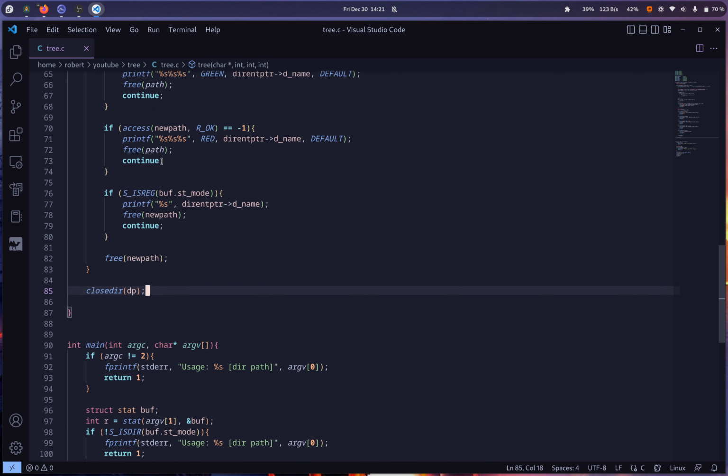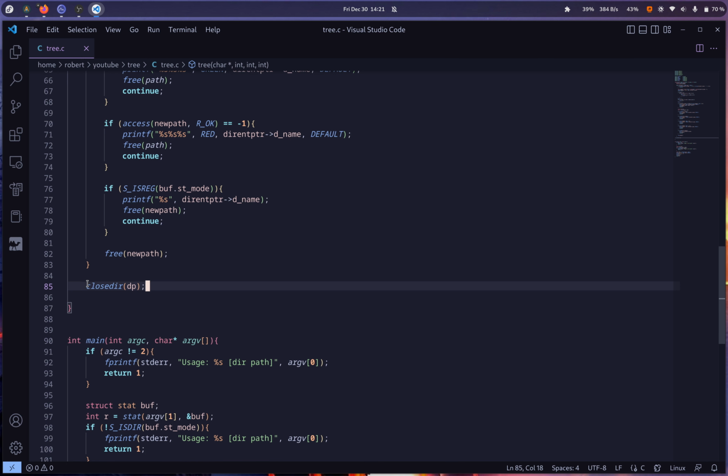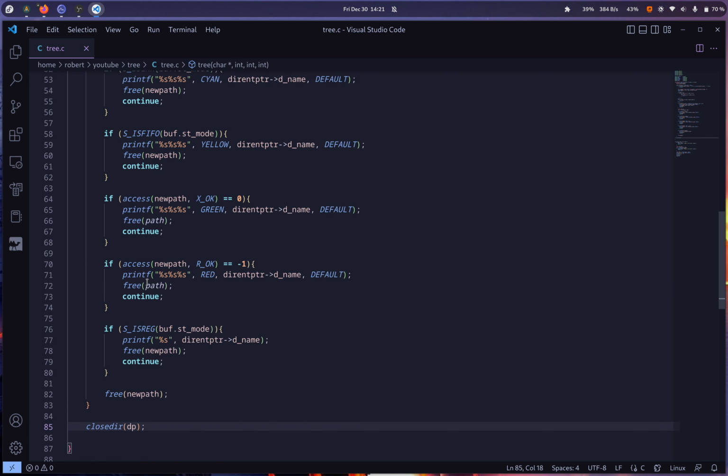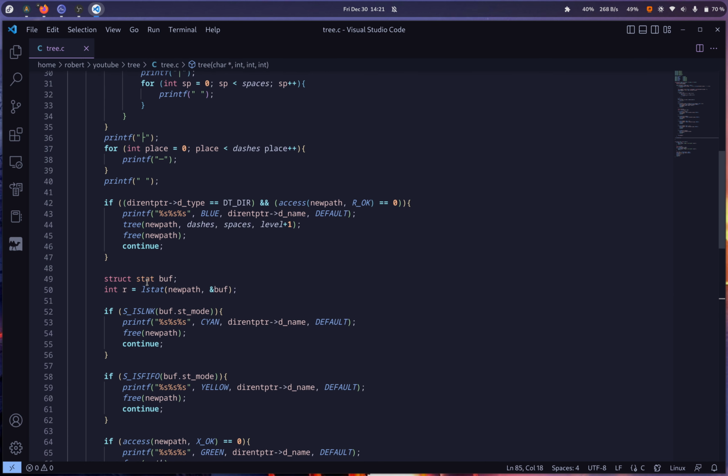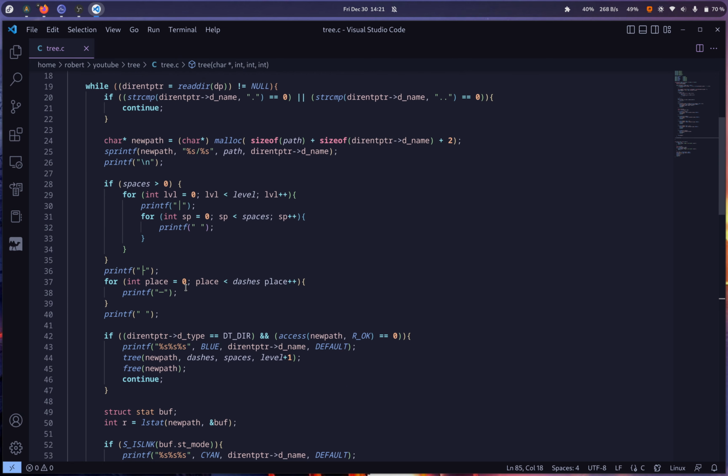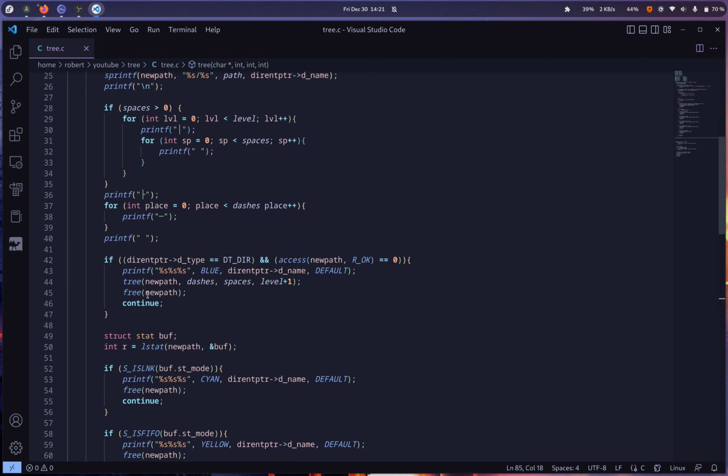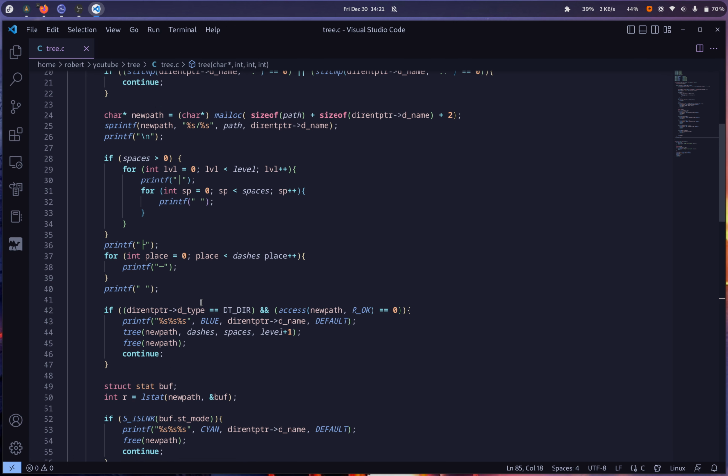We exit the while loop then because there's only one file. Then we have to close that directory. And then we return from the recursive call here. We free the new path, continue, and then we just continue reading stuff in the directory. And that's just how it's going to work every single time we encounter a new directory that we're able to